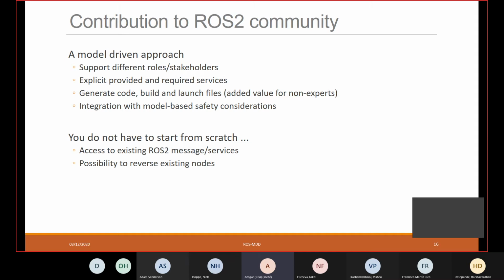And I think this is an added value for people that are non-experts and want to start writing some simple ROS2 nodes. If they use our tools, they can just start with some examples that we provide, and they don't have to know the details of writing these build files and how to create, for instance, a publisher. They can just provide the